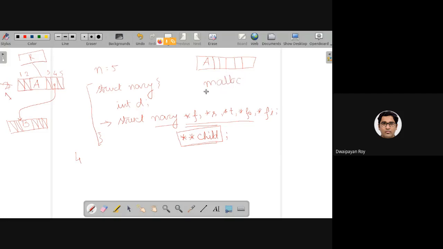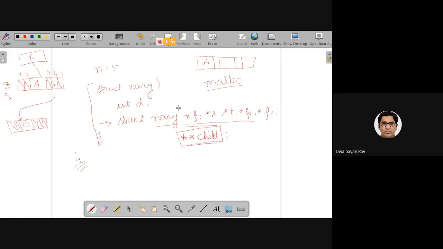So I will be mallocing an array of that many size. I hope you understood the suggestion that Aditya is making here, because, as I am repeating, there are so many null pointers, it is kind of a waste.